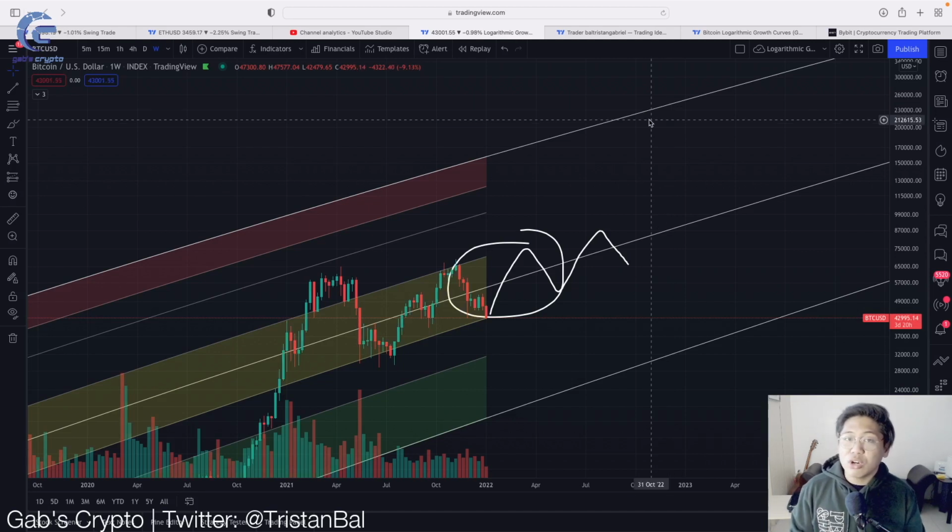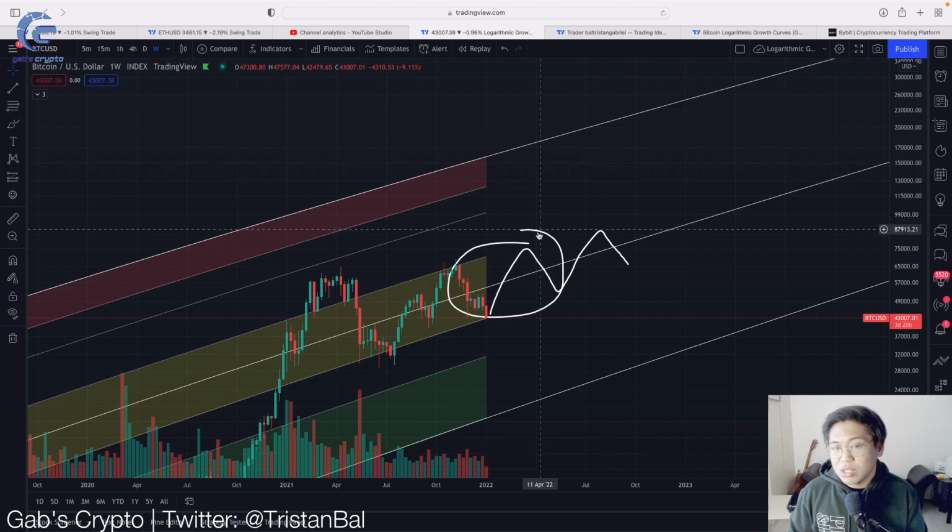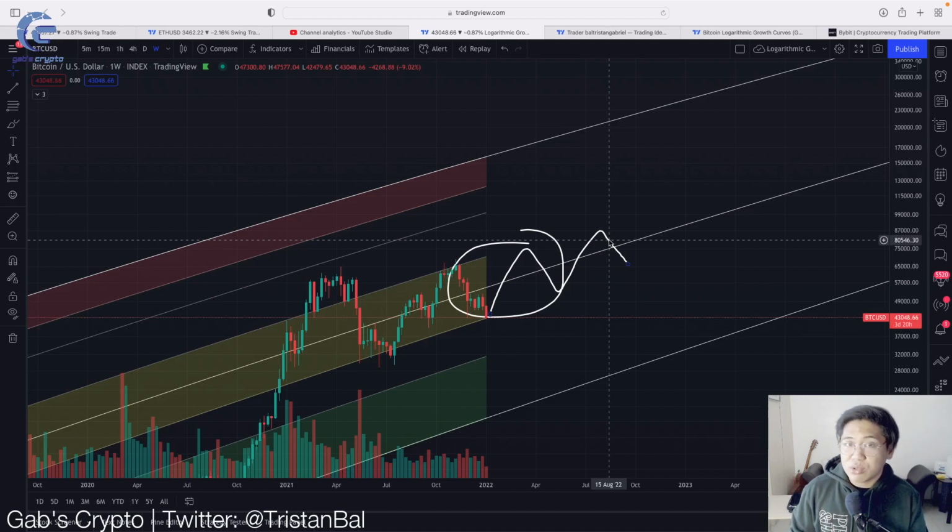Now, when it comes to the whole crypto market, we all know the whole crypto market is also actually dependent on the Bitcoin price action. So let's say we are able to consolidate dito sa ating halfway point ng market cycle, then I think that would be a very healthy movement for altcoins kasi we all know that whenever the Bitcoin market is consolidating, that would be the window area kung saan nagkakaroon ng healthy movement yung ating altcoin market. But we are going to talk about that in a separate video